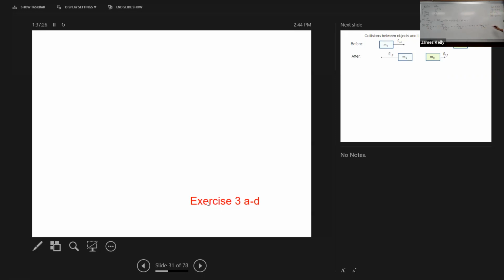And that's equal to the change in momentum of the 3 kilograms. So that's 3 kilograms times Vy final of the 3 kilogram